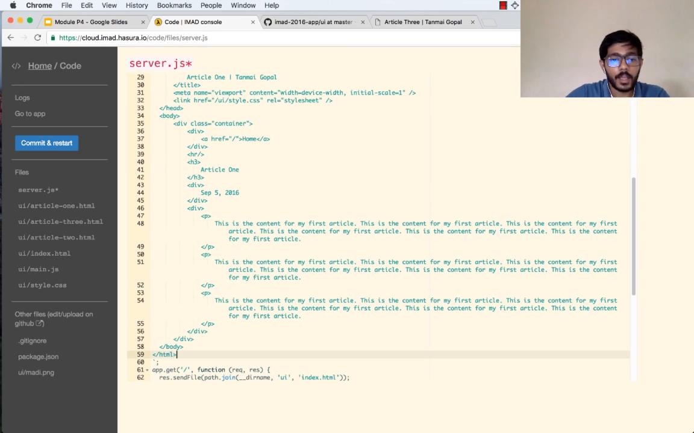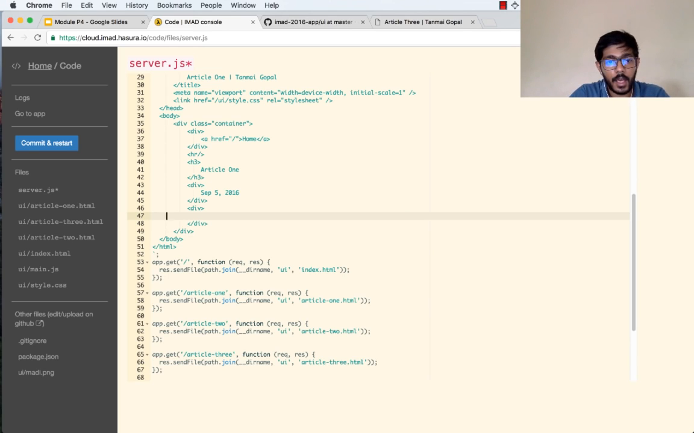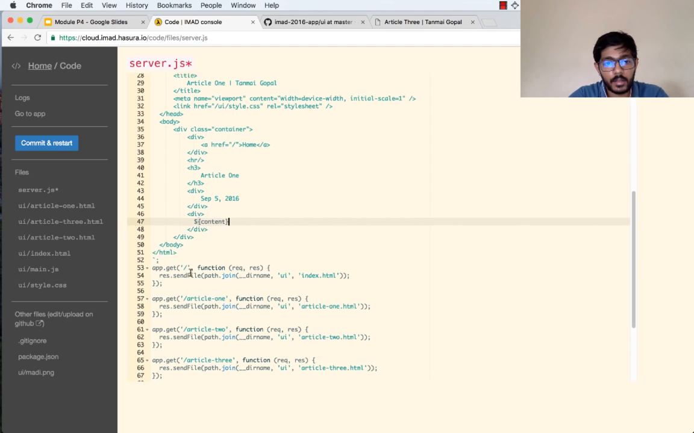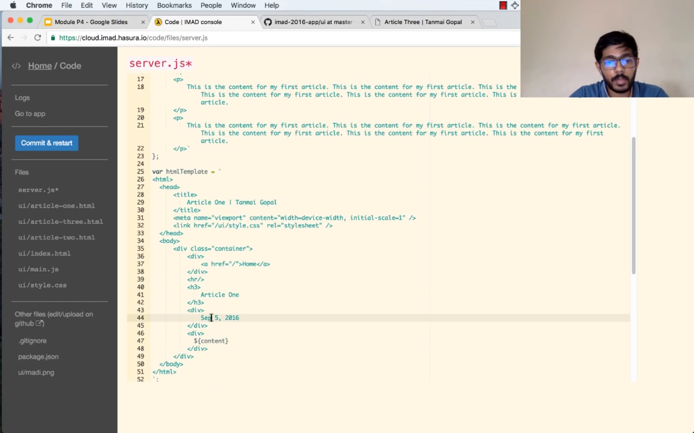Right, we've copied that. Let's remove the portions that are common. So I'm going to delete this, and I'm going to replace this with content. I'm going to replace this part with the date. I'm going to replace this part with heading. I'm going to replace this part with title. So these are the portions that will come through my JavaScript object and be injected into the